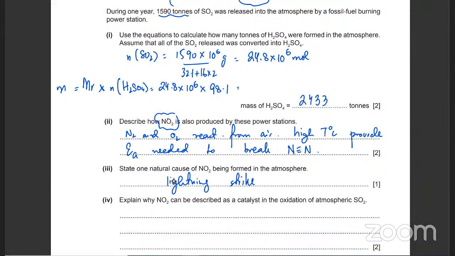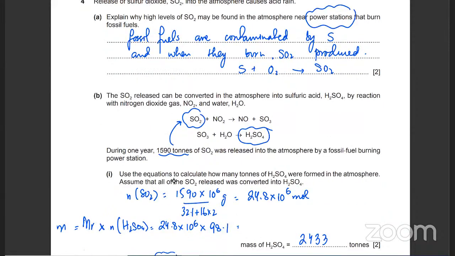Explain why NO2 can be described as a catalyst in the oxidation of atmospheric SO2. So what's the reason for it behaving as a catalyst in this reaction? How can you show that it's a catalyst? What does a catalyst do? First thing is it remains unchanged. You had NO2 and